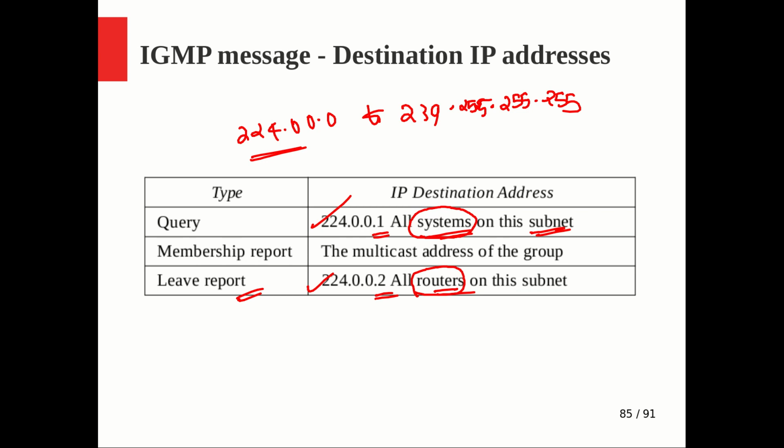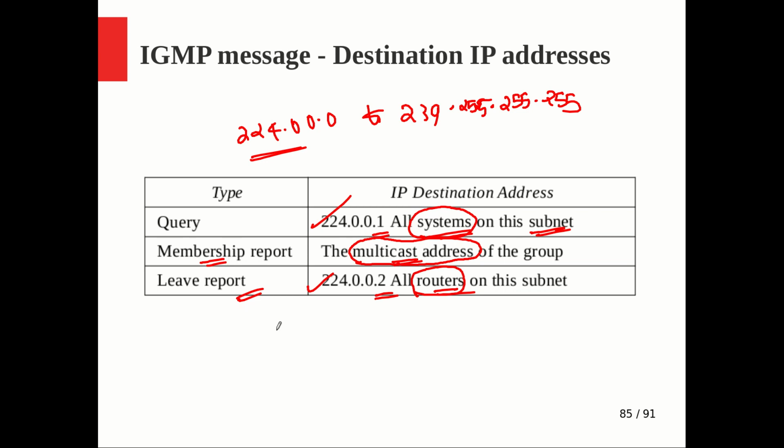And whenever a host shows that it is still interested, that will be broadcast, and on the way someone else who sees it will remove their timer. We already saw those things, and at that time they should quickly fix that group, right? Then only they can remove that entry and the timer fast from their list. So for making all this possible, the destination address is kept as the multicast address itself. Now this multicast address or the group ID will be kept at two places if you look at any membership report.